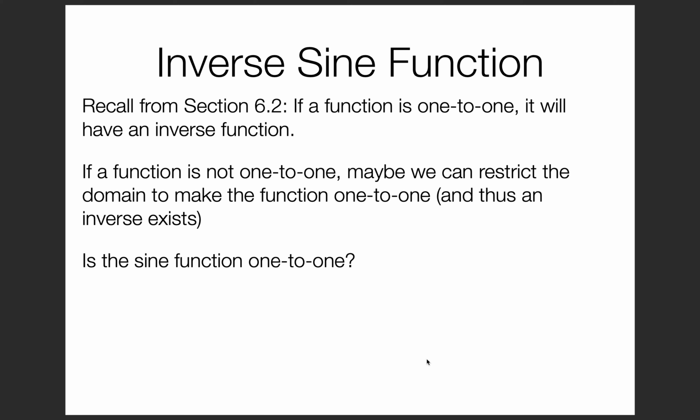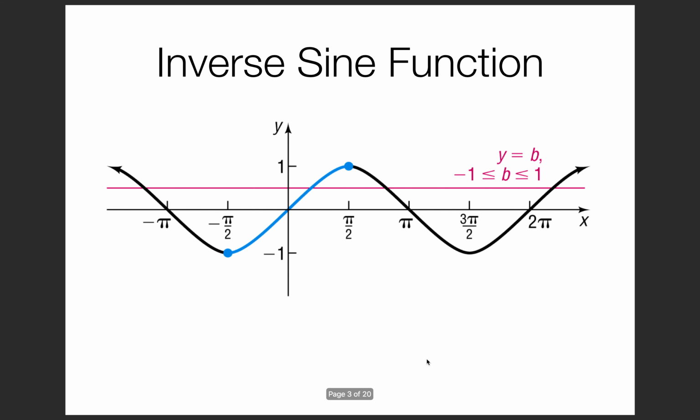Here I ask a question that would be interactive if we were face-to-face, but of course it's not here. Is the sine function one-to-one? The answer to that is a resounding no. Here's the sine function in black. The sine function is a periodic function, and so it repeats itself many, many times. So the horizontal line test for a one-to-one function definitely does not pass. So the sine function itself is not one-to-one, and so it doesn't have an inverse